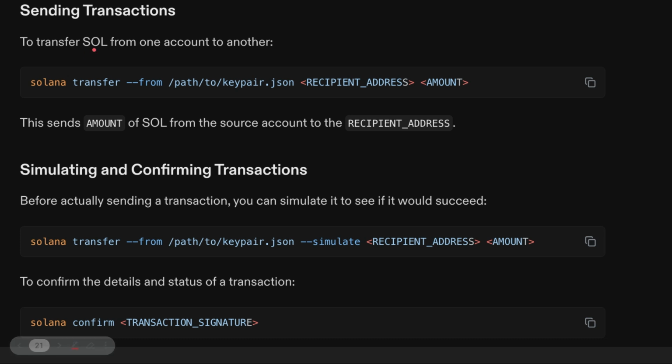To transfer SOL from one account to another, you will use this command: solana transfer from, and the private key saved as a JSON file with the array of unsigned 8-byte integers, and then you will write the recipient address and the amount. For simulating and confirming transactions, before actually sending, you can simulate